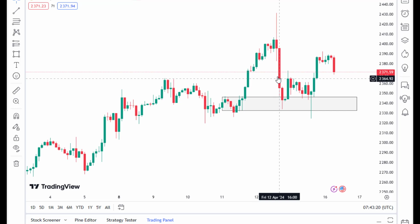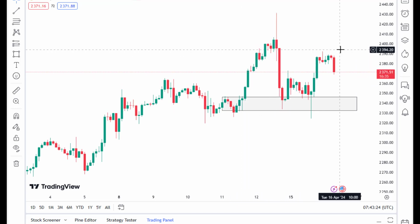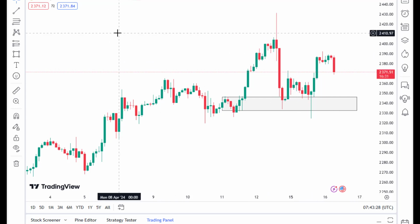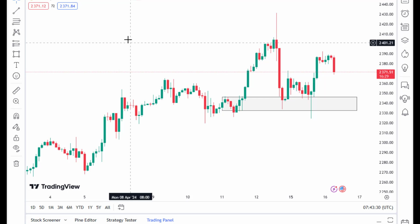Now you realize that when price goes up like this, comes back, most times you tap to this zone before moving up. But that is not enough, guys. You need to understand some things so that you should be able to increase your win rate. Now you see that